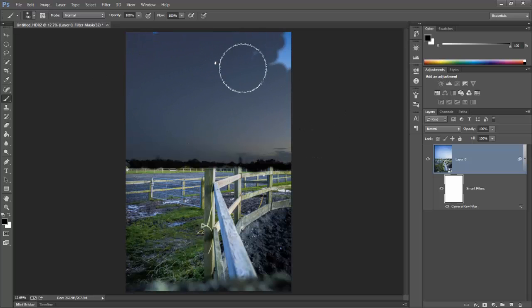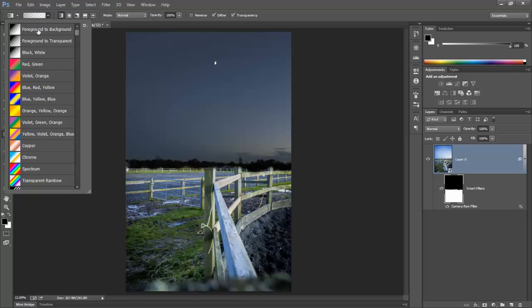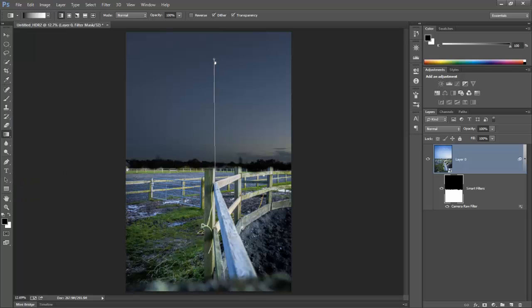So although this looks really bizarre, I just wanted to do it to sort of demonstrate how I've painted this off here, and you can see this almost gives like a flash effect where we've had a flash quite brightly near it. And what we can do is we could get the gradient tool in here, and I'll just select it under the paint bucket tool here, the gradient tool, ensure that we've got a foreground to background color here, and then let's drag this down, maybe start up here down to this area here, and you see it gives the effect of a flash